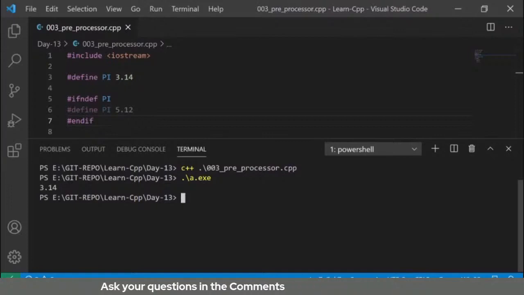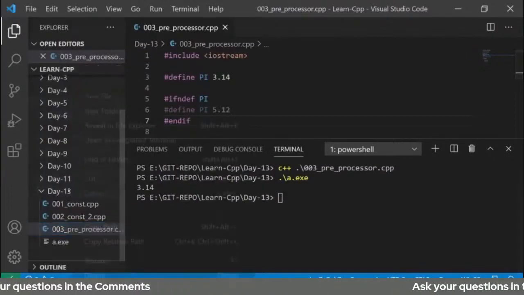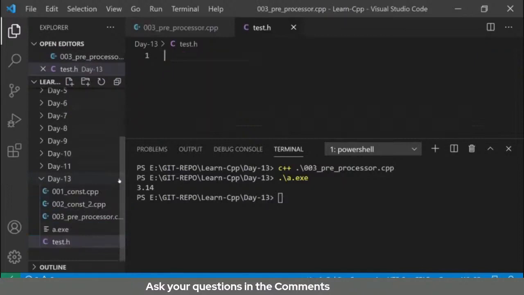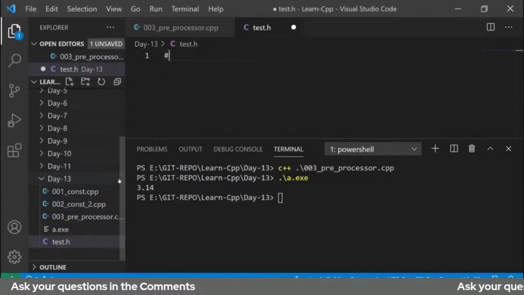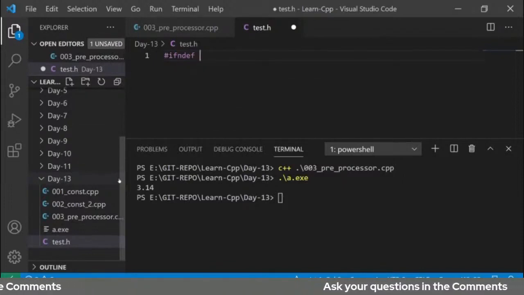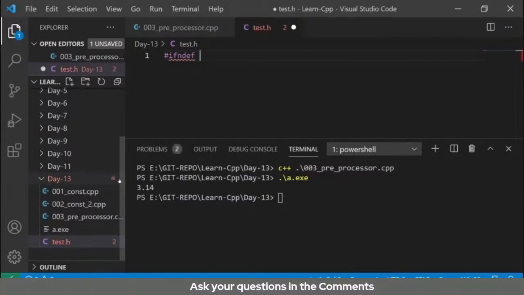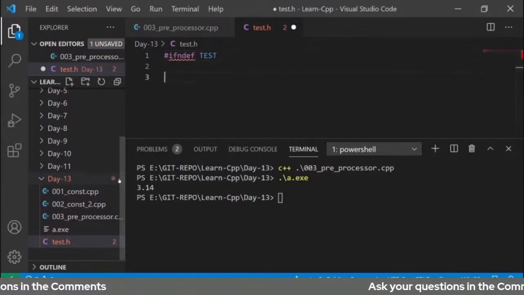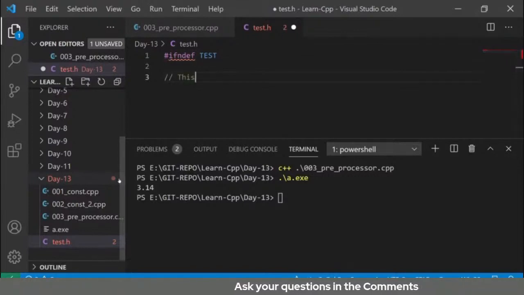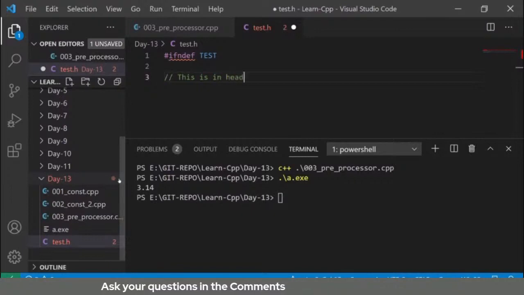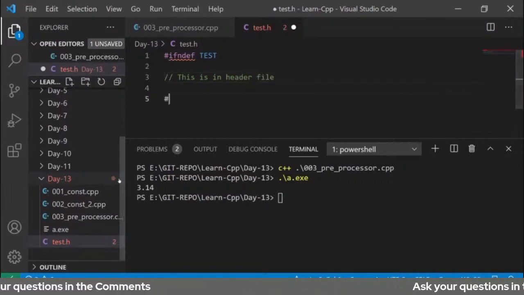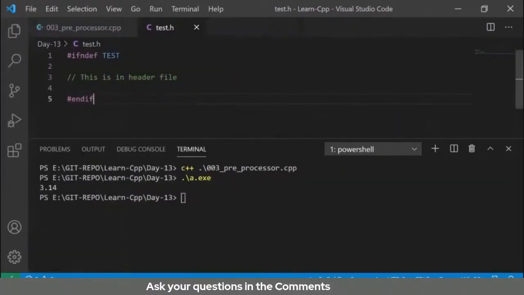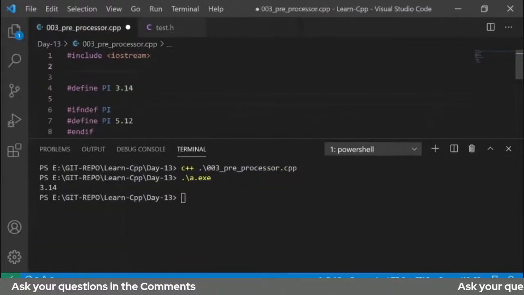ठीक है, तो जब भी हम अपनी हेडर फाइल्स बनाते हैं, whenever we create user defined header files, like I am creating a header file here, test.h। ठीक है, अब मैंने test.h किया तो सबसे पहले मेरे को क्या लिखना चाहिए कि if and def, और मैं हेडर फाइल का कुछ भी नाम दे सकता हूँ, I can give any name like test, and then I can define the header file as it is, कि मेरे को कुछ भी डिफाइन करना है हेडर फाइल में, तो is in header file and hashtag endif। तो इससे क्या होगा, कई बार क्या होता है कि मेरे प्रोग्राम में मल्टीपल जगह पे मेरी सिमिलर हेडर फाइल इंक्लूड हो जाती हैं, जैसे आई एम इंक्लूडिंग hashtag